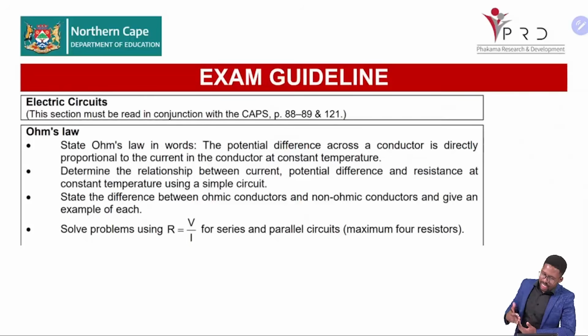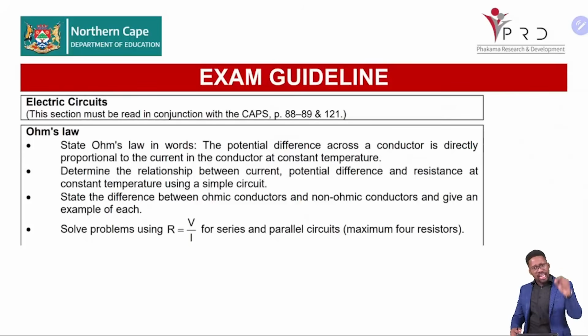So for us to obey Ohm's law, everything must happen under constant temperature. The potential difference will be directly proportional to the current, but where? At constant temperature. So let's make sure that we write the definition the way it appears from the exam guideline,